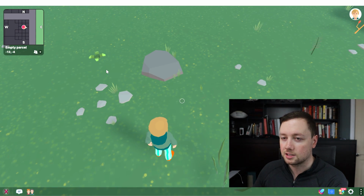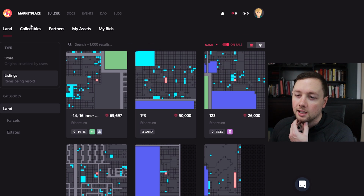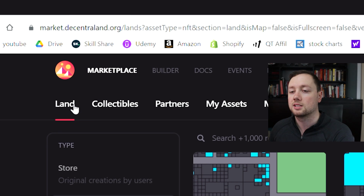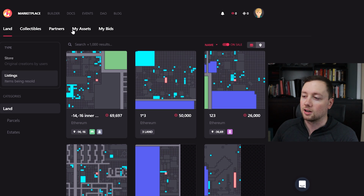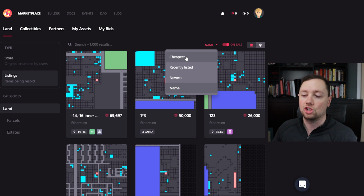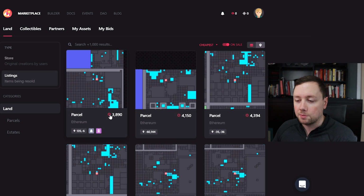So I'm going to exit out of this, and we're going to go to the Decentraland marketplace. Here I have it sorted by land. If you want to see this, just go to decentraland.org, go to marketplace, and search for land here. I have it currently sorted by name, but we're going to sort it by the cheapest piece of land that you can buy. And as you can see right now, the cheapest parcel on here is